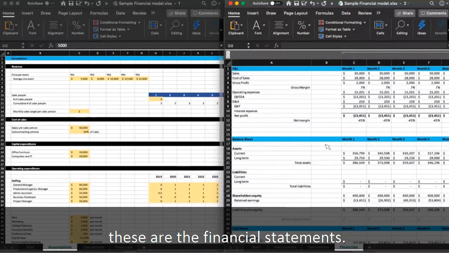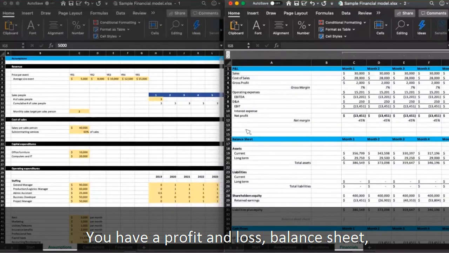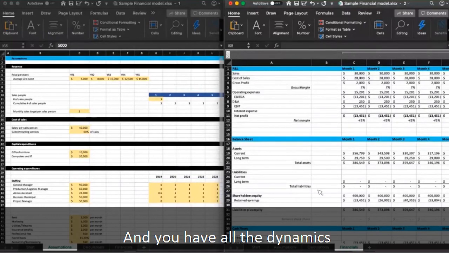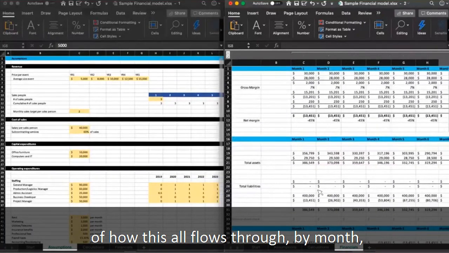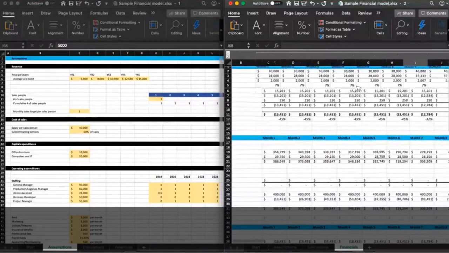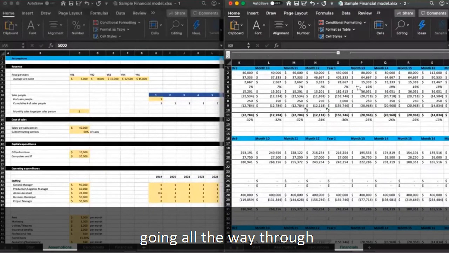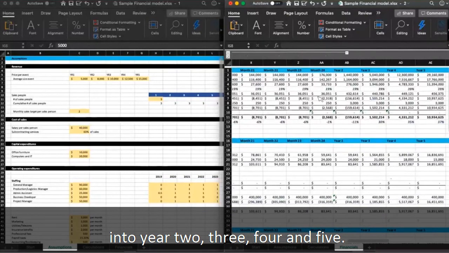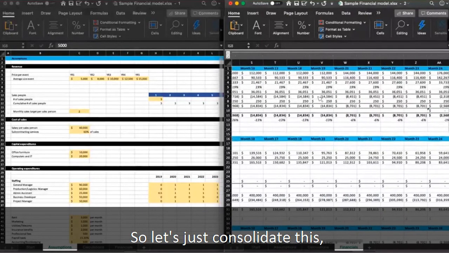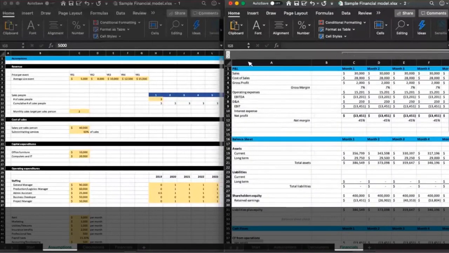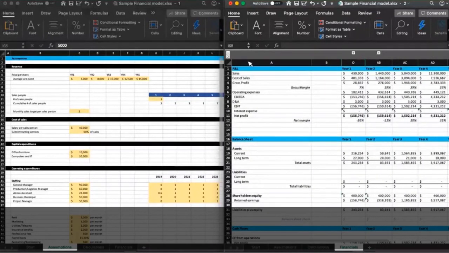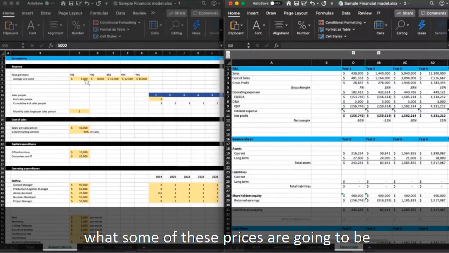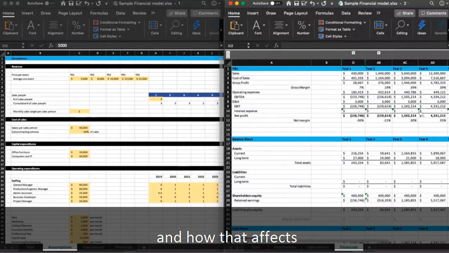So here on the right side, these are the financial statements. You have a profit and loss, balance sheet, cash flow statement here. And you have all the dynamics of how this all flows through by month, going all the way through, and then eventually going into year 2, 3, 4, and 5. So let's just consolidate this as so, and let's start changing what some of these prices are going to be and how that affects the